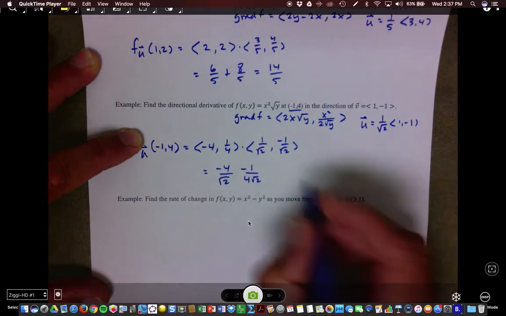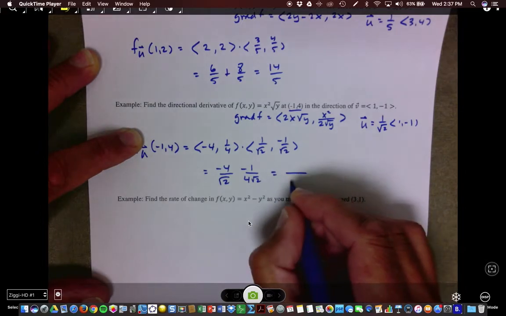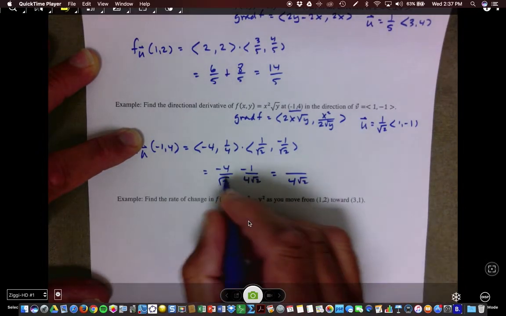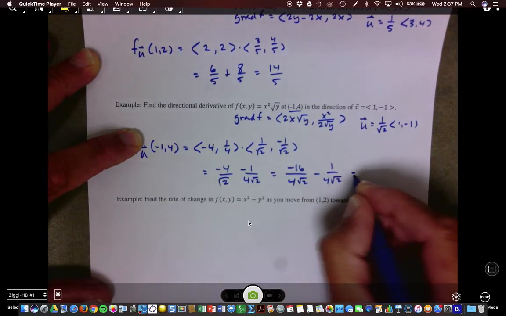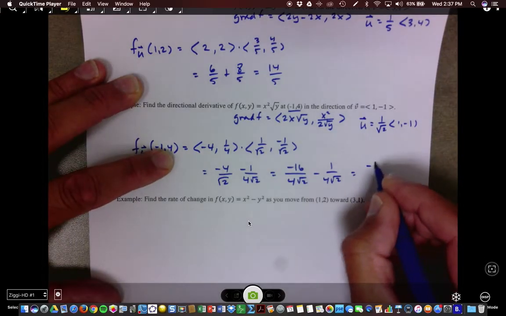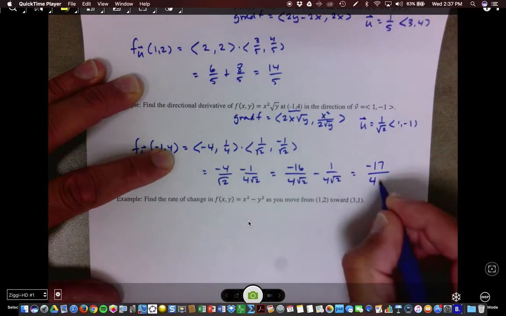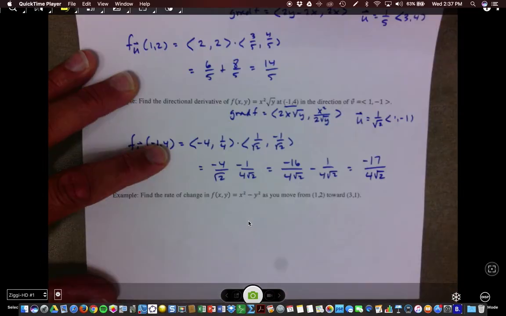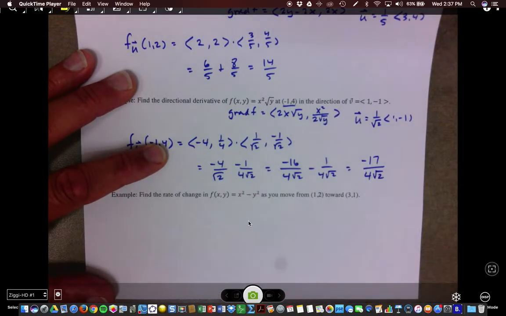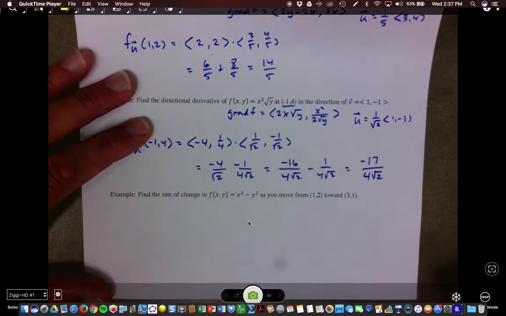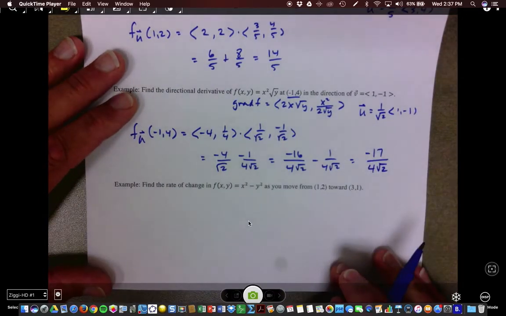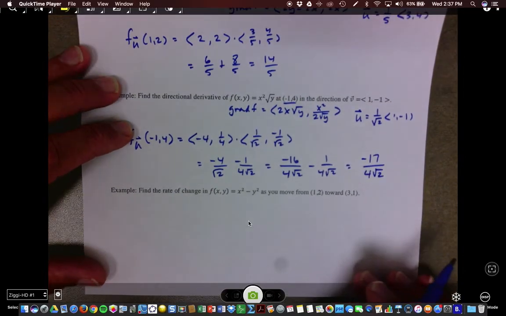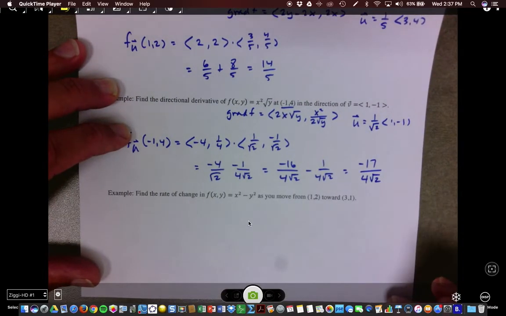Right, and then if you want to combine those, get a common denominator of 4 root 2. This needs to get multiplied by 4, so negative 16 minus 1 over 4 root 2. And your answer is going to be negative 17 over 4 square root of 2. And if it bothers you to have a square root of 2 in the bottom, then rationalize the denominator, but this is okay for an answer. Okay, so 2 examples there, very typical of the kinds of things you're going to be expected to do on